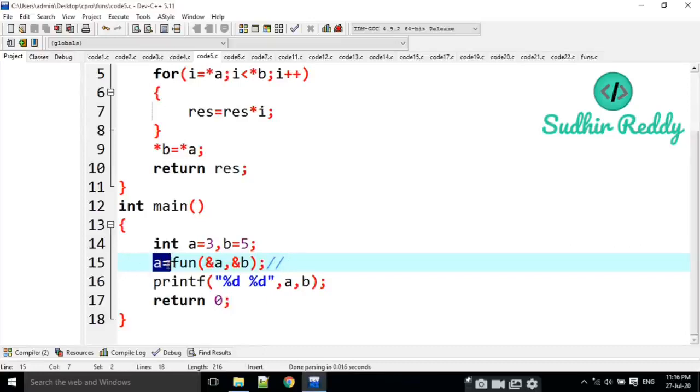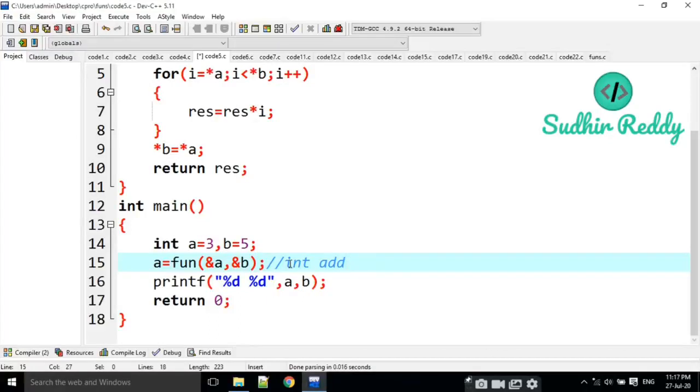Yes, it has a return type, that is integer. There are two arguments, but these two are integers but not values. These are integer pointers. That means integer address. We are passing address. If you are passing address, we have to catch it with pointer.